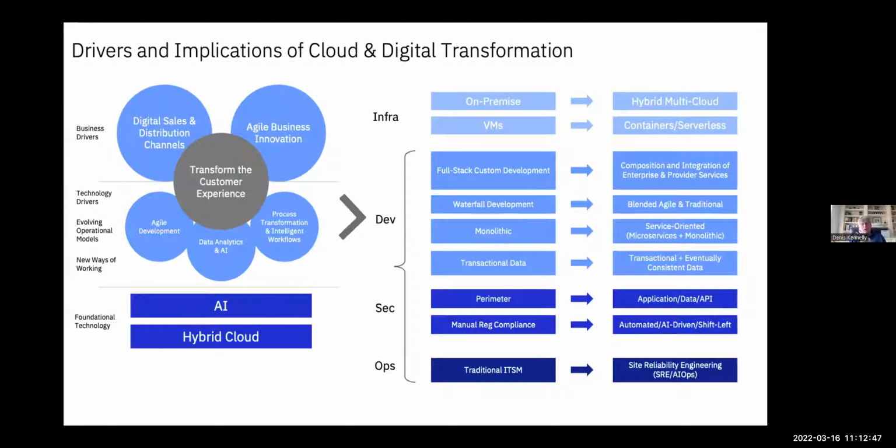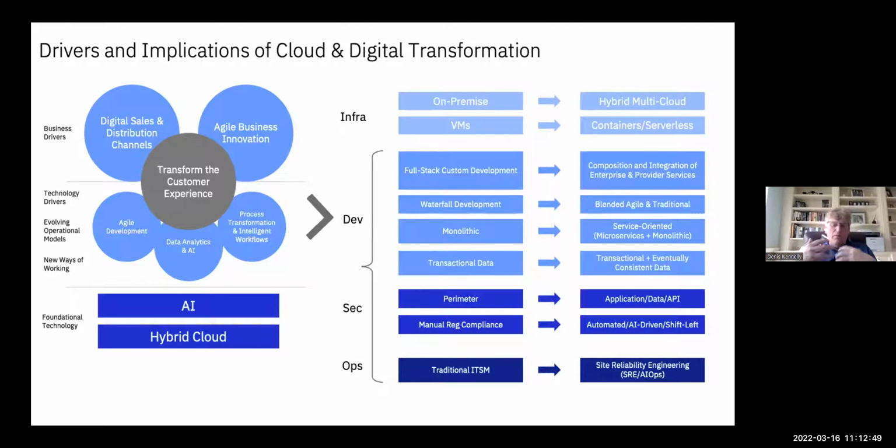How you deal with compliance issues, whether manual checking, which is what we traditionally did, it really has to be automated. It has to be inbuilt to be able to prove compliance to the regulator across these highly complex applications. And last but not least, in terms of how we manage it, traditionally, again, we put sensors everywhere, we built a view of the application, and we kind of nailed it up and presented that and said, this is how it's operating. And today, obviously, that doesn't scale, that doesn't work for these stateless applications that are elastically scaling and moving about. So the role of SRE and how you build that into the environment is critical.